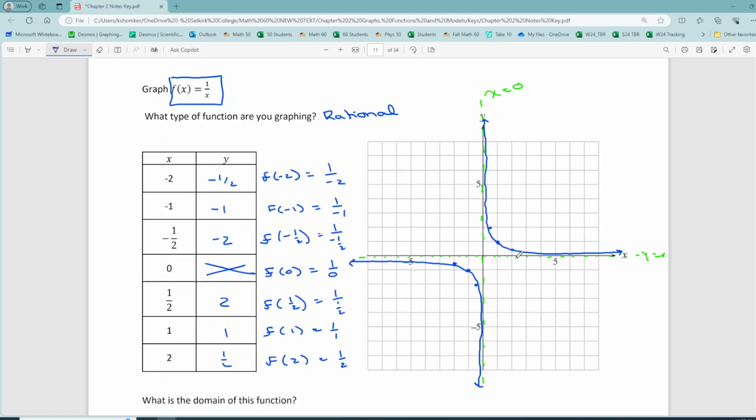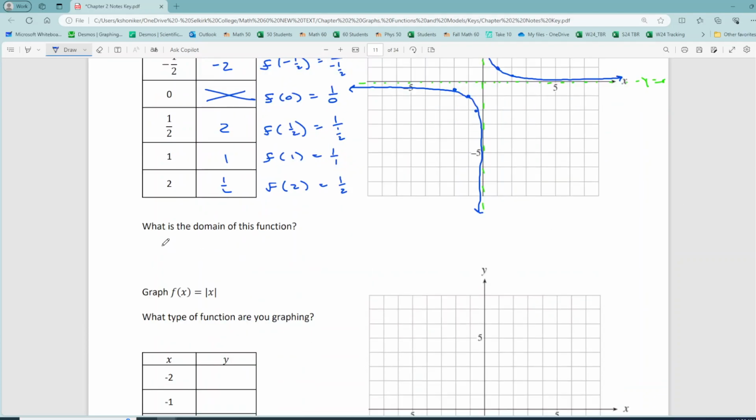So this is the base graph of a rational function. I will not ask you to replicate this again until chapter 4, where we learn more skills to do it. But the important thing I want you to get from this is that when you have a rational function, something where your x is in the denominator, you're restricted in the values of x because you cannot divide by 0. So the domain of this function would be